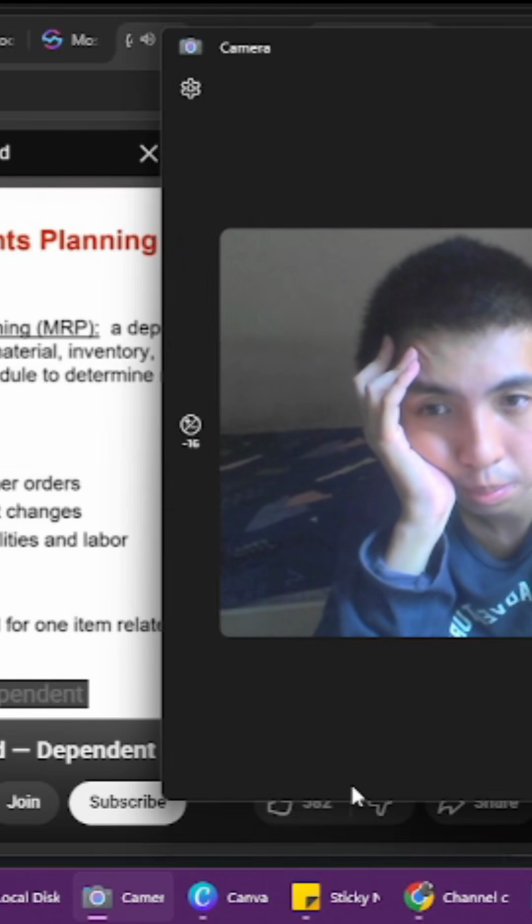It's a dependent demand technique that uses bill of materials, inventory, expected receipts, and a master production schedule to determine material requirements. MRP in a nutshell essentially tells us